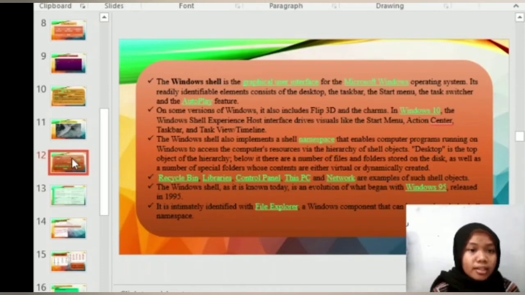In Windows 10, the Windows Shell Experience Host interface drives visuals like the Start menu, Action Center, Taskbar, and Task View timeline. The Windows Shell also implements a shell namespace that enables computer programs running on Windows to access computer resources via the hierarchy of shell objects. Desktop is the top